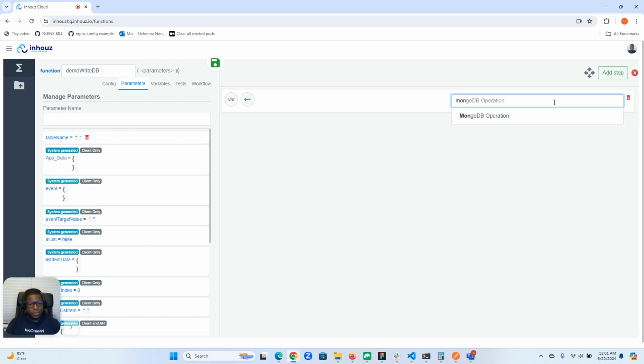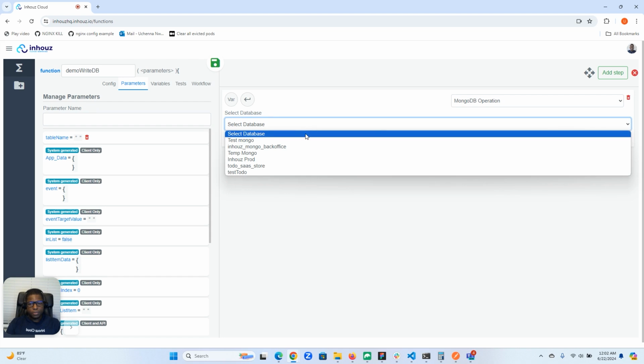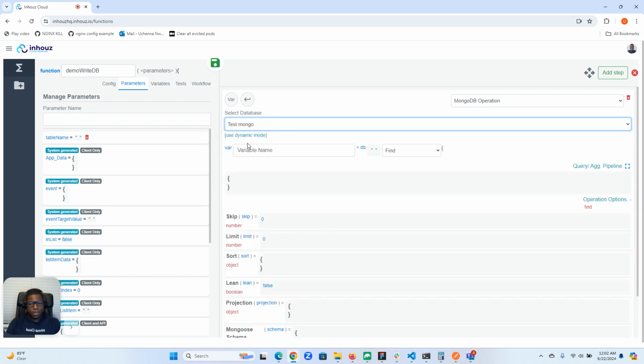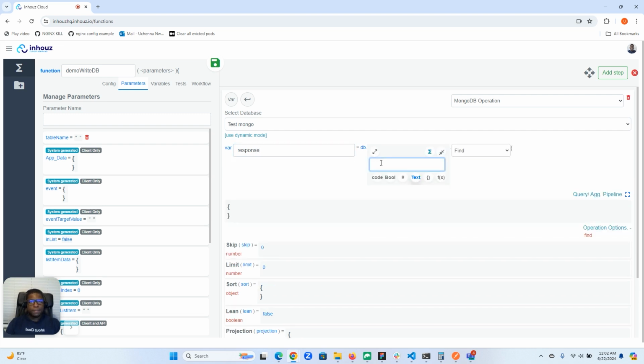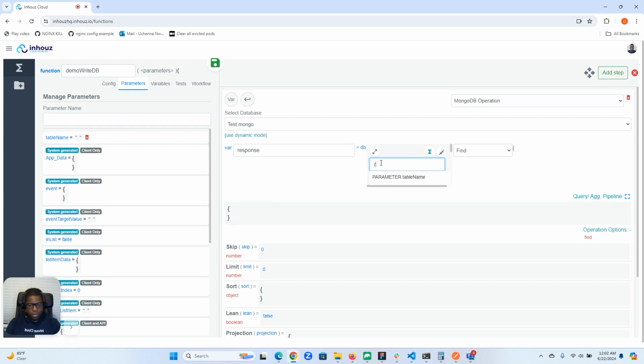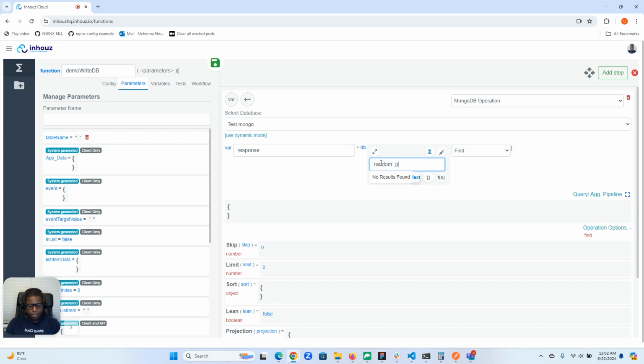So for this, we're going to be using the MongoDB operation. Like I said, we're going to use our test MongoDB database. I'm going to call this response. Let's call this collection, let's just call it random_products. All right. So since this is going to be a write operation, we are going to be inserting